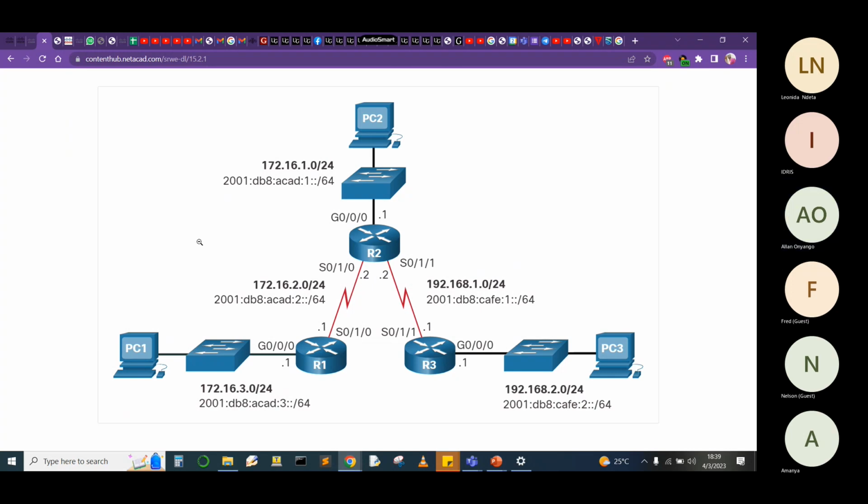The first remote network is 2001:DB8:ACAD:1::/64. You must differentiate an IPv6 address from a network address. A network address of IPv6 does not have any number after the double colon, but an IPv6 address will have a number after the double colon just before the /64. So this is the first network. The second network is